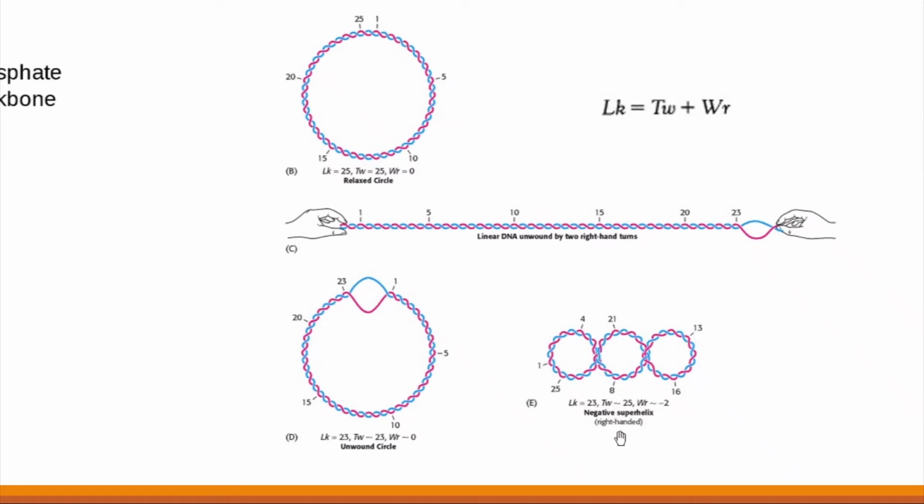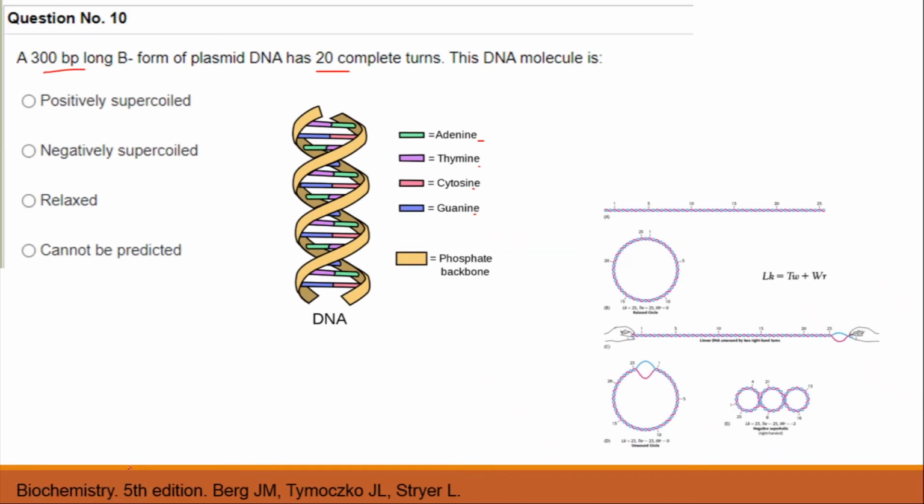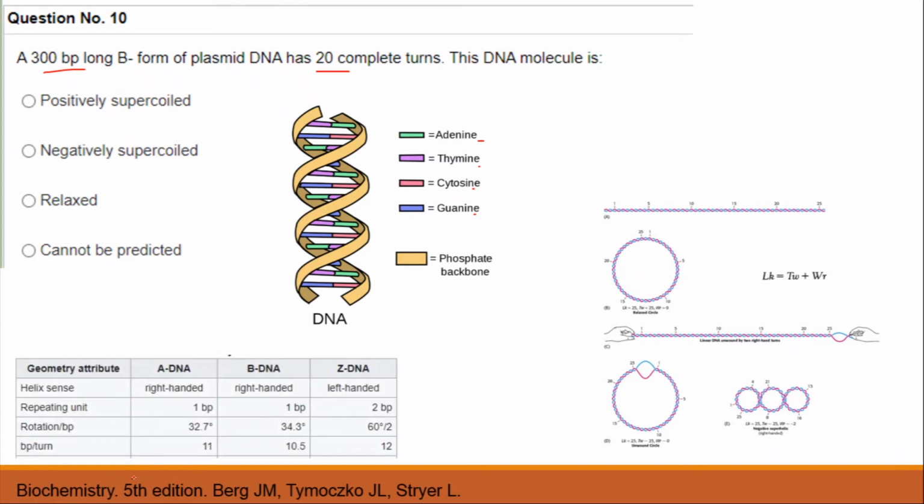Most naturally occurring DNA molecules are negatively supercoiled. Now why so? Because negative supercoiling arises from the unwinding of the DNA. Negative supercoiling will prepare your DNA for processes like separation of the DNA strands, such as replication or transcription. As we know, during processes like replication and transcription, our DNA molecule is unwound with the help of the helicase enzyme. And why does it happen so? Only then can our transcription factors or replication factors as well as the polymerase enzyme bind to our DNA. So hence our DNA is always in the form of negative supercoiling.